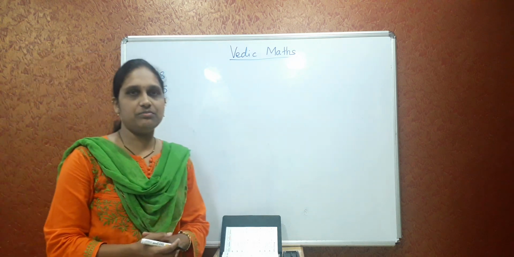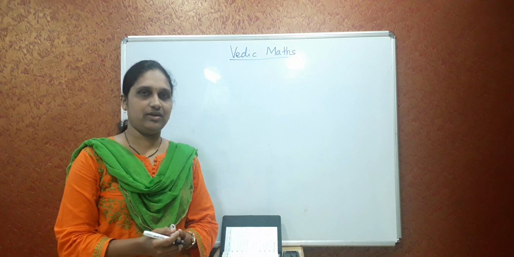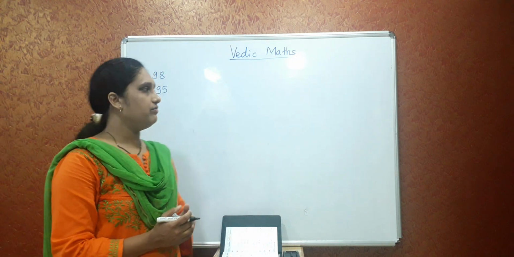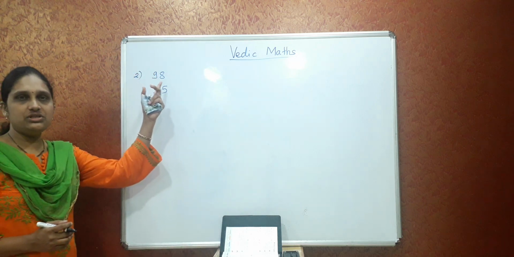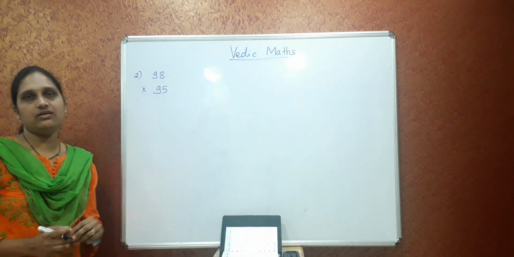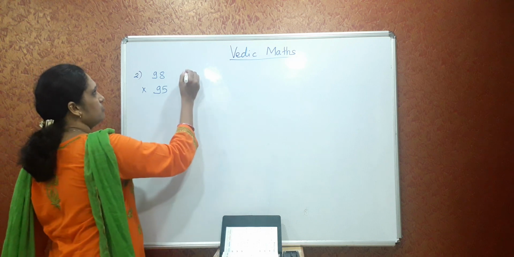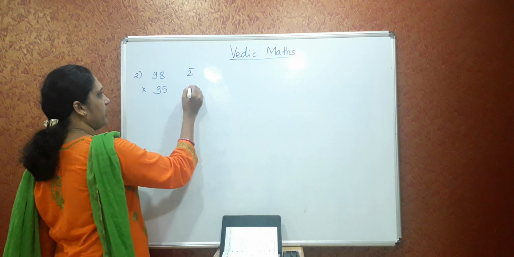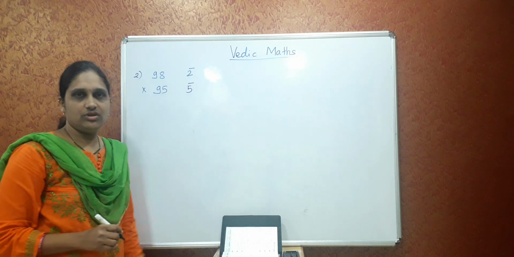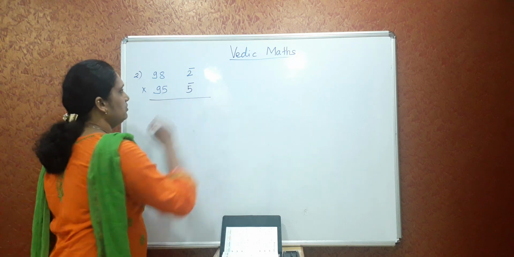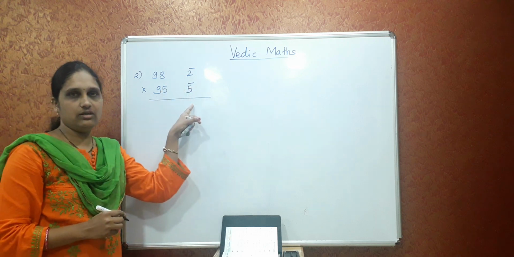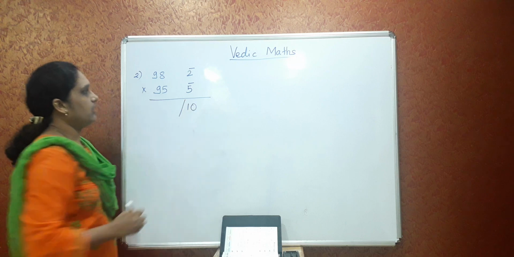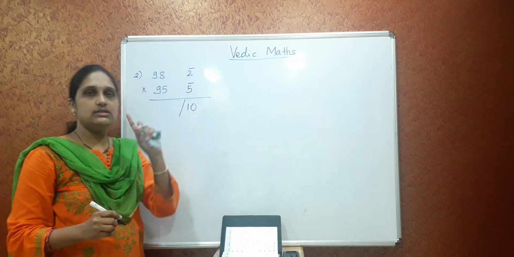I have taken two numbers, 98 and 95. So again see how to do this multiplication in a very easy way. Now immediately you can find 98 and 100, what is the difference? It's 2. So write it here. 95 and 100, what is the difference? 5. So write it here. Okay, easy to do. Now do the multiplication. Take vertical numbers. Do the multiplication. 2 5s are 10. And do the diagonal subtraction.